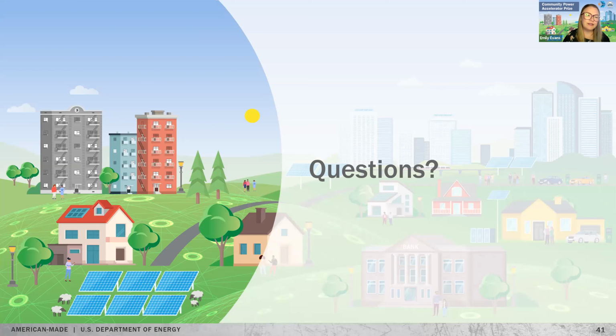And this might be another one that warrants a follow-up answer. Is there a 1 megawatt max size limit for securing some of the IRA tax credits and direct pay? And does that 1 megawatt minimum size for the prize conflict with this? I don't think that guidance is out yet, Nicole, is that right?